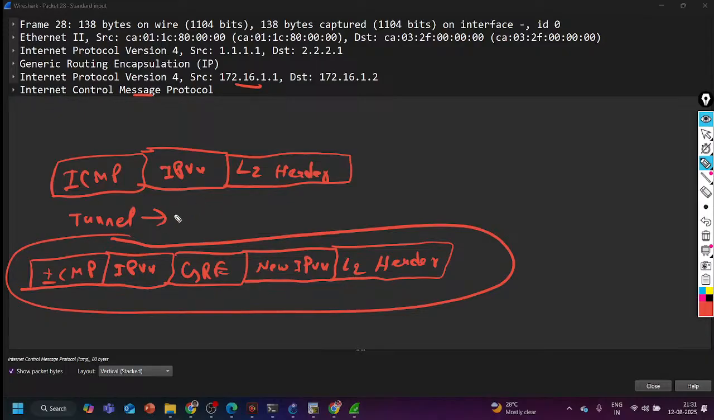Whenever the router is forwarding traffic out of a tunnel interface, it will perform this encapsulation. The router will not perform this kind of encapsulation if the exit interface is a physical interface like F0/0 or F1/0, or a VLAN interface. It is only for the tunnel interface. This particular thing is called GRE